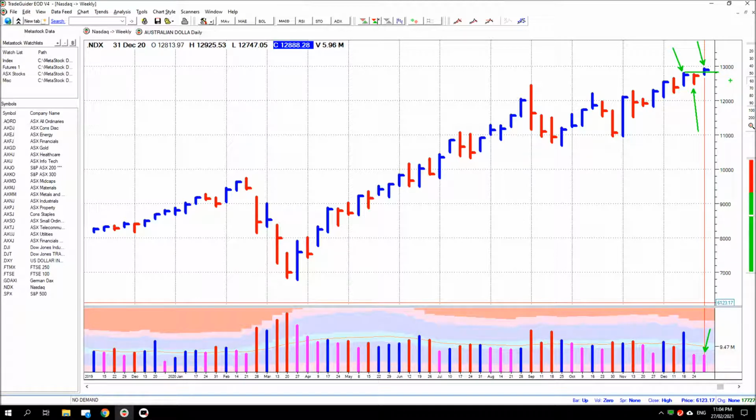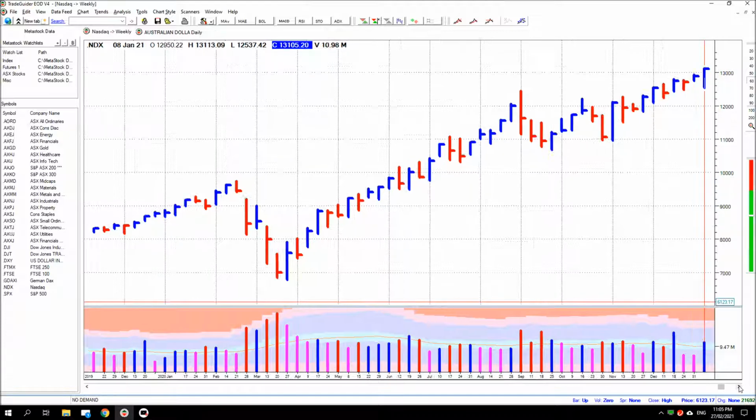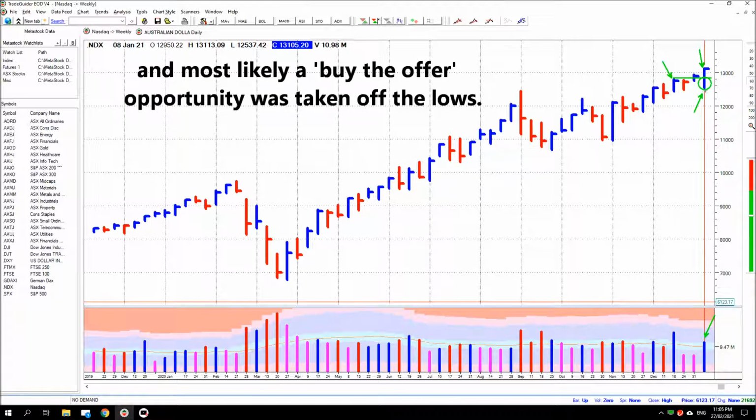So perhaps we'll get an acceleration higher on the next bar. Now the next bar shows some clear trading below the previous bar's close. You may have found some testing in that bar perhaps earlier in the week, and either there was buying in the bottom, perhaps these people continue to want to buy the market. A little bit of over-enthusiasm at the end of the week saw price close higher on increased volume. It would be something along those lines anyway.